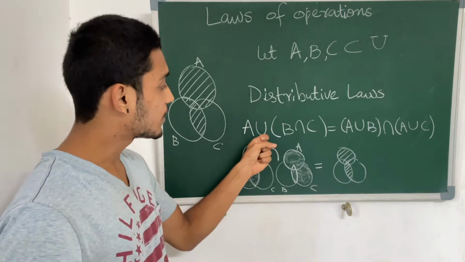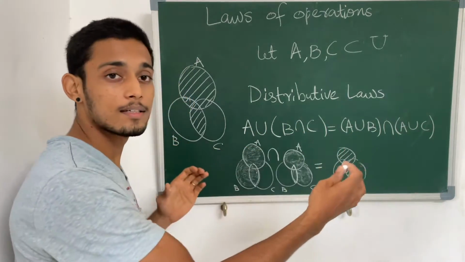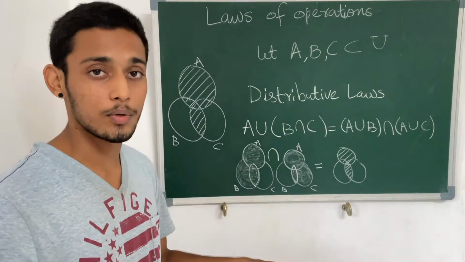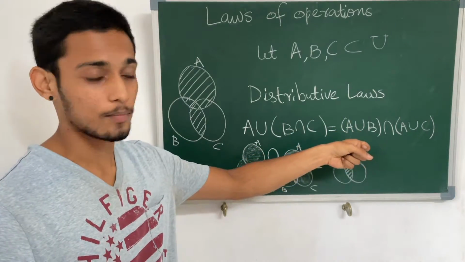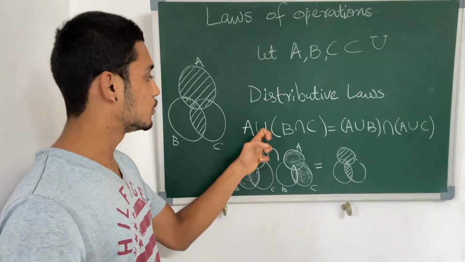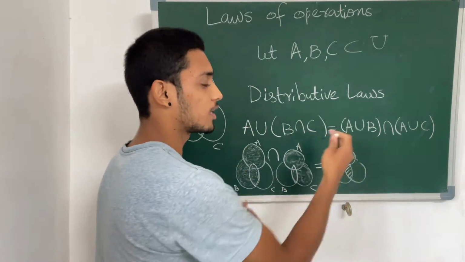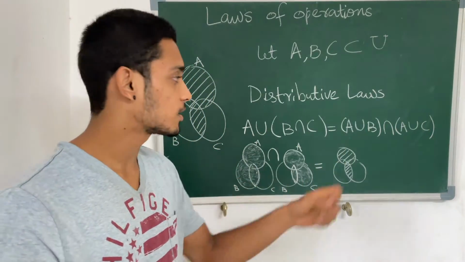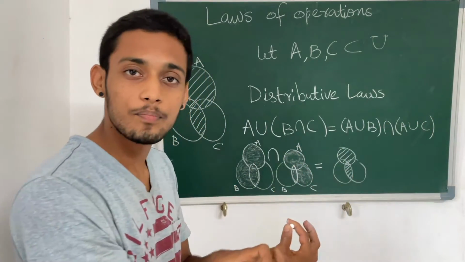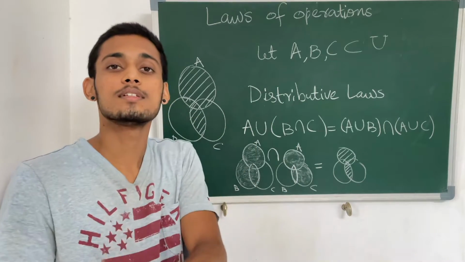So we are saying that the operation union distributes over the intersection operation. So we are doing the intersection first and then we are taking the union. So we can change that order. We can do the union operations and then we can perform the intersection at the end. So union distributes over the intersection operation. So I told you that whatever is in the bracket is performed first. So A union B will be performed first, then A union C, and then we can do the intersection. So the intersection operation distributes over the union.